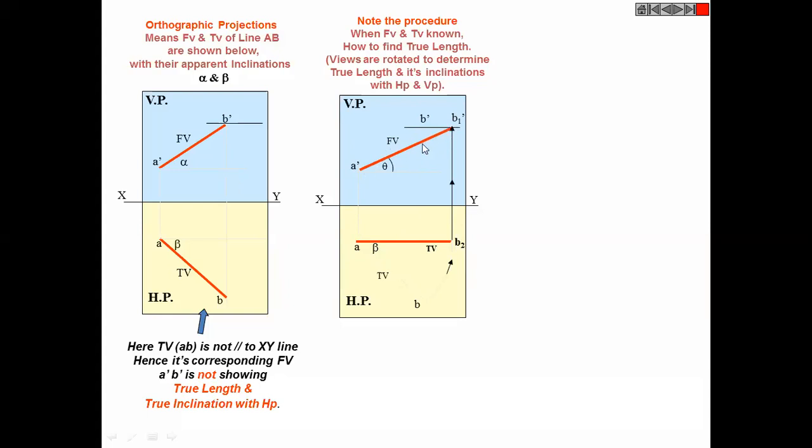Again, listen carefully. With the length of top view, we will get the true length in front view by following this procedure. First of all, we will rotate it, project it upward, and cut that locus, this line, because it is showing now. As you get the line and its true length, you are also simultaneously getting the true angle with HP. Now we will follow the reverse procedure to get the true length in the horizontal plane, or say top view.